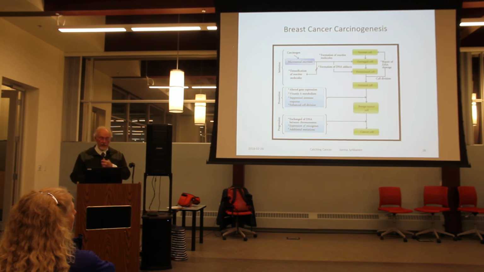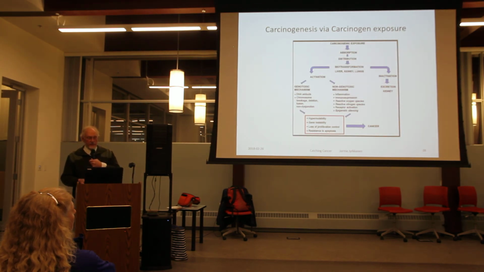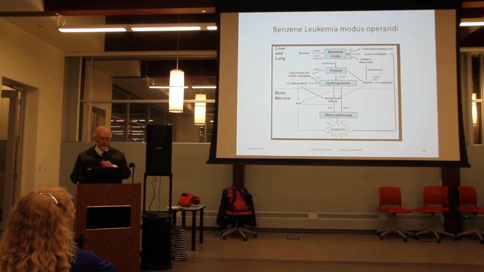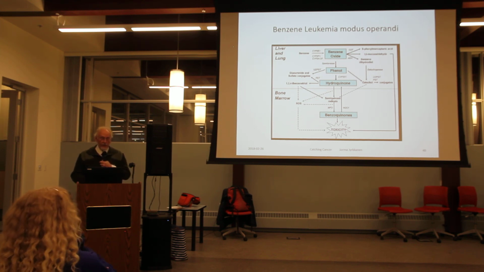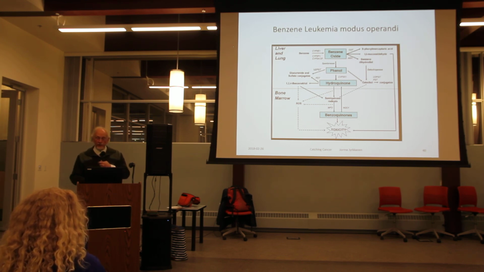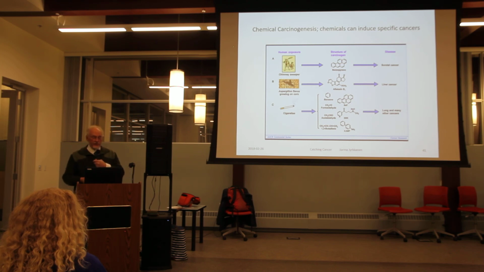This is the breast cancer carcinogenesis, normal route. Don't bother memorizing that stuff, but you can see that there's an initiation, pre-initiated cell, initiated benign tumor, and then cancer. So it goes through a whole progression. This is biocarcinogen exposure. This is benzene leukemia. It creates some really nasty chemical compounds, intermediates that mutate things, produce tremendous amounts of reactive oxygen, which can damage your DNA. It's really bad for DNA. This is chemical carcinogenesis showing that